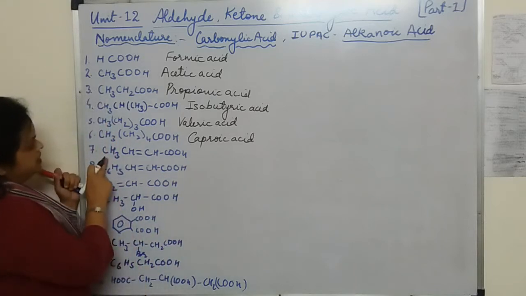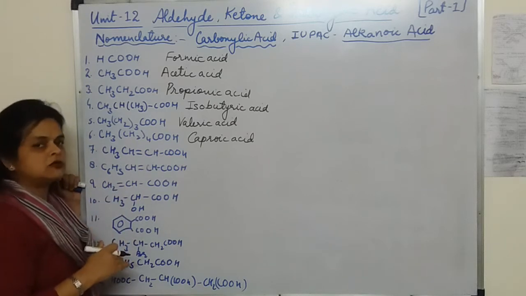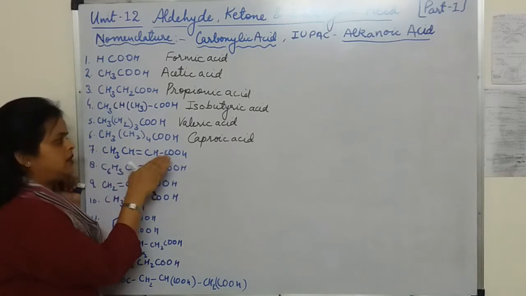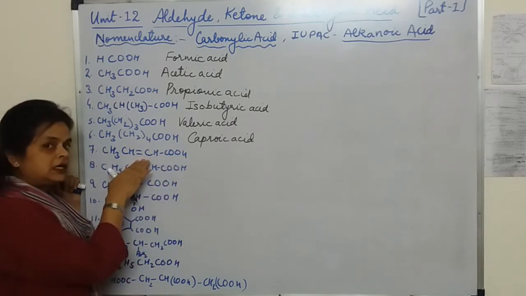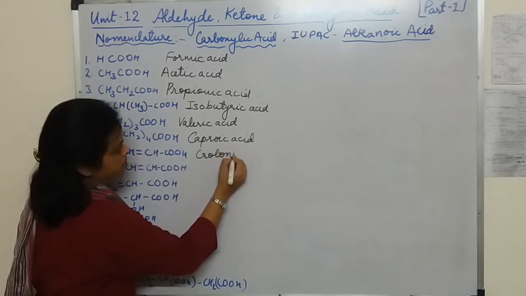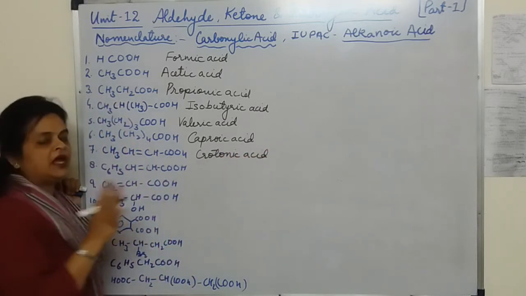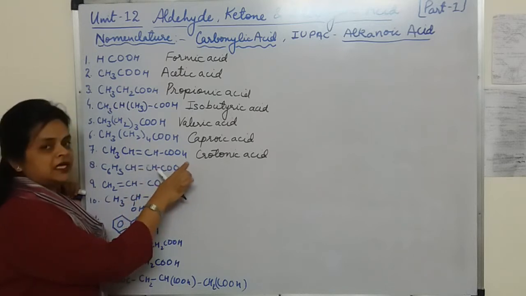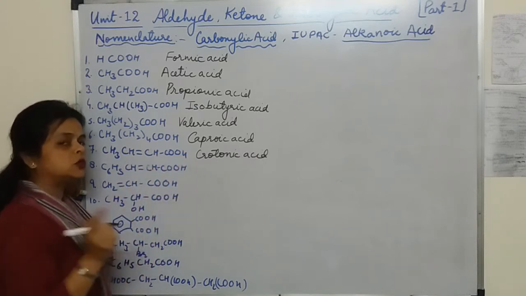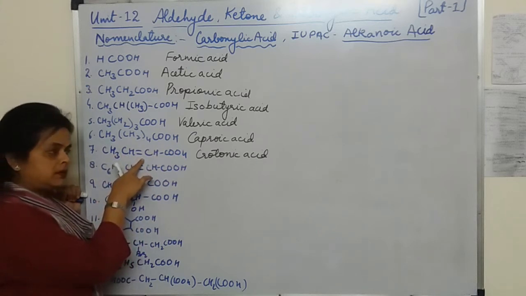Okay. Now CH3CH=CHCOOH. We had discussed this in haloalkanes also, and in alcohols also. So it is 4 carbons, after the second carbon there is a double bond and COOH, that means it is crotonic acid. If you remember, if here we had written CH2Cl, that was crotyl chloride. If we had written CH2OH, that was crotyl alcohol. And here it is a 4-carbon carboxylic acid, and after the second carbon we have this double bond.